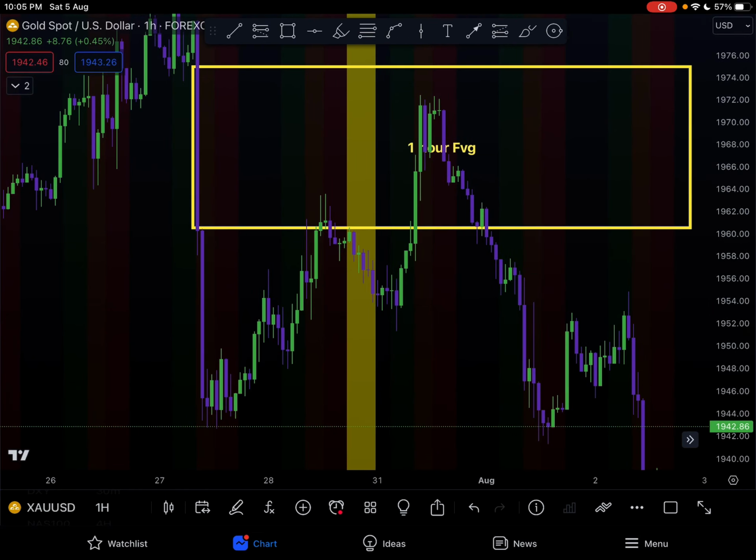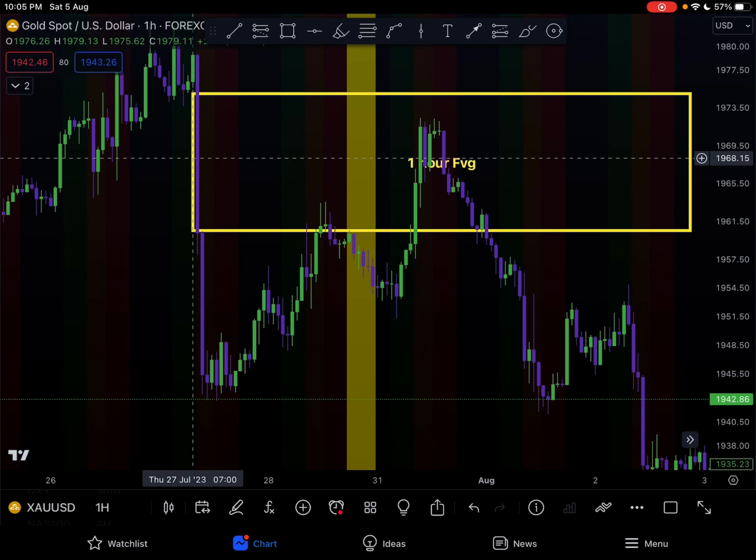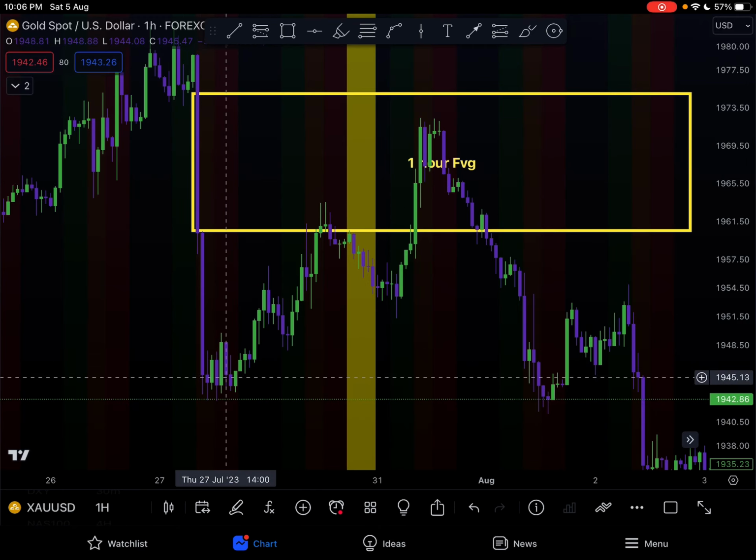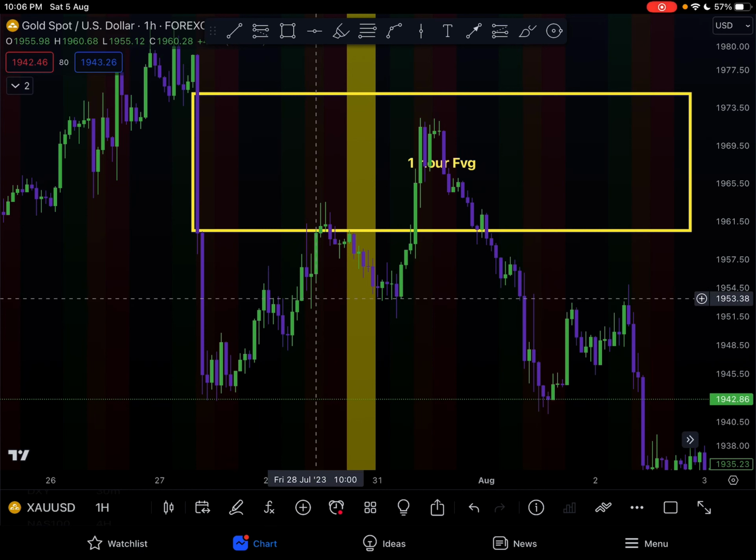Okay, here we go. But you see, we jammed down too fast. Buyers weren't able to participate in this area, so it jams down. We need to rebalance this before it makes any significant run lower. That's just how it's going to work. Price is always going to do it in significant situations, all right?